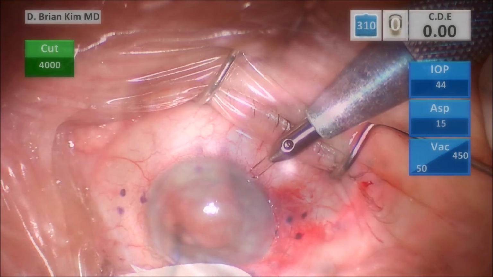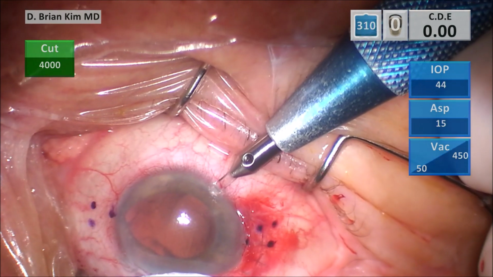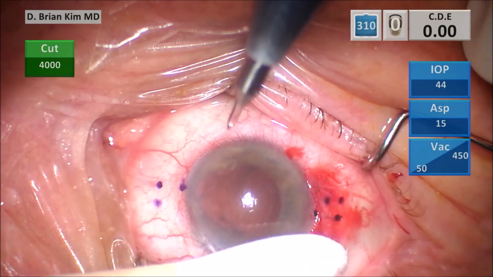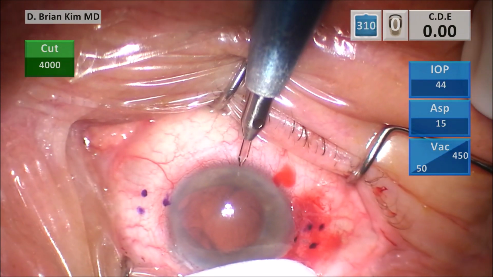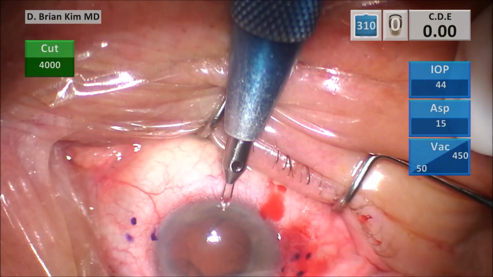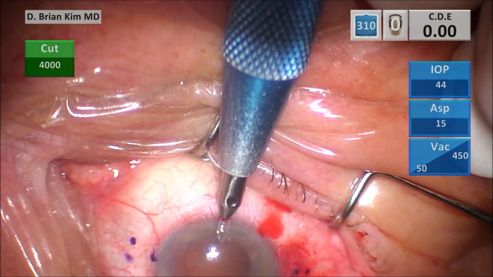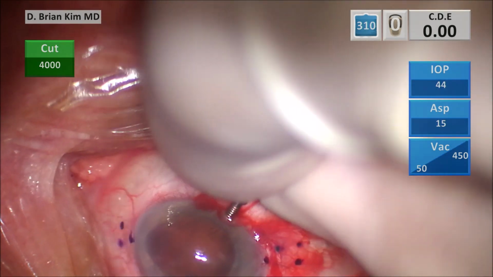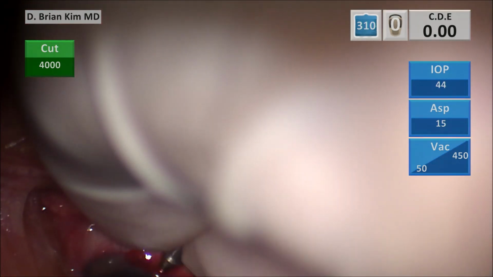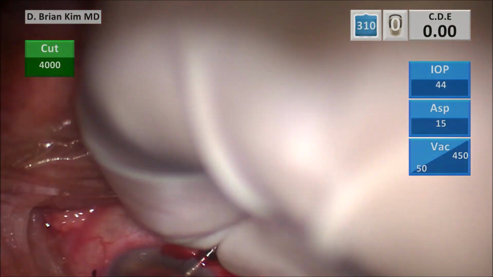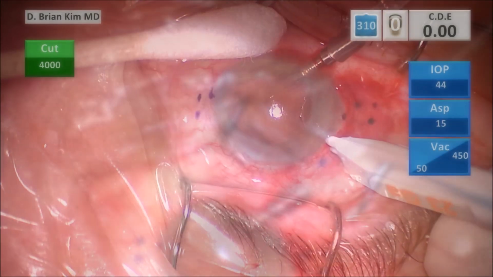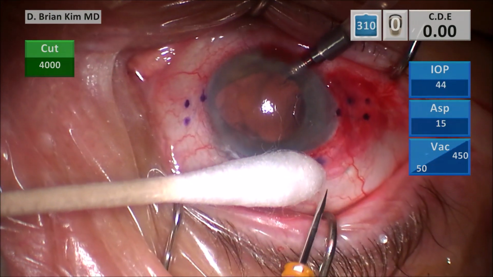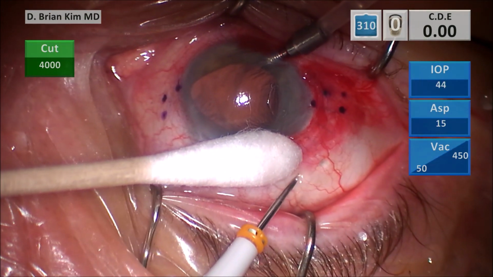This is my limbal incision with the paracentesis blade for my AC maintainer, and this is the paracentesis incision 180 degrees from my main incision for the externalization of the leading haptic. So that's my 20 gauge Lewicki AC maintainer going in. It does require a little bit of effort, but the more effort means the tighter the fit, which means a more secure AC maintainer. So I'm marking about 4 millimeters back, holding with the cotton tip, tunneling about 2.5 millimeters,